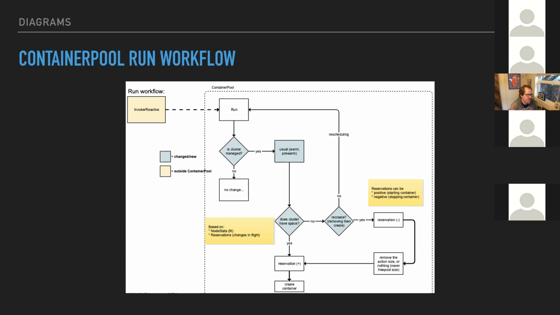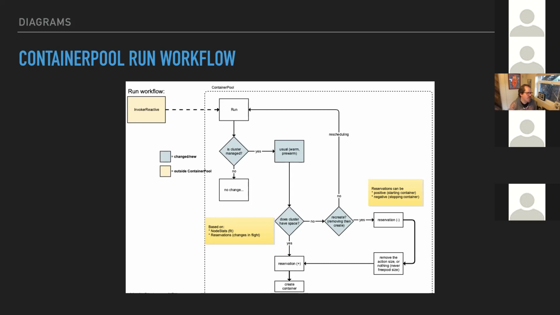So once we go through the removal process, then we can proceed, if that was successful, if we had removable containers that in theory should fit the resource needs of the new container, then we'll proceed with making a reservation.